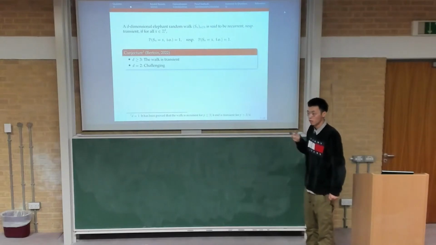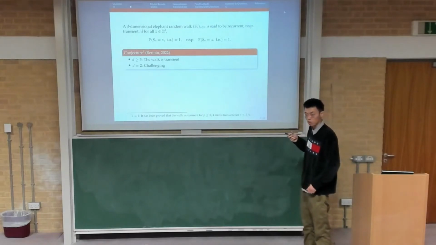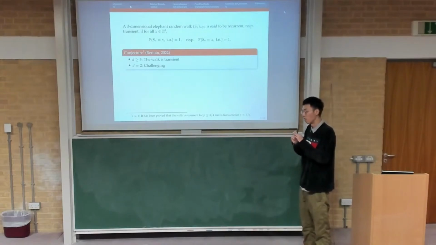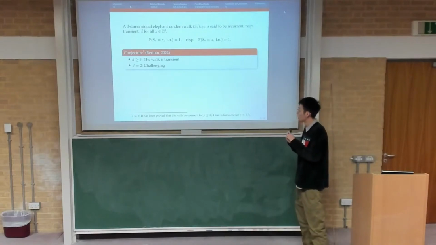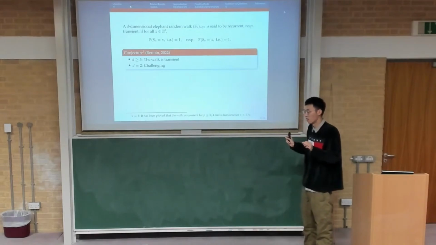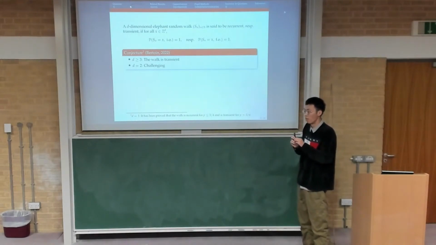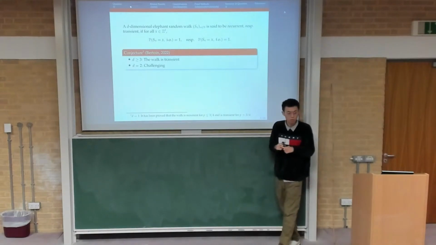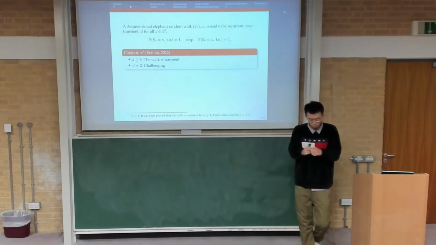We say the elephant random walk is recurrent if every site in the Z^d lattice is visited infinitely often. We say it's transient if it goes to infinity almost surely, or every site is visited finitely often almost surely. This question has been open for a few years, and Professor Bercu